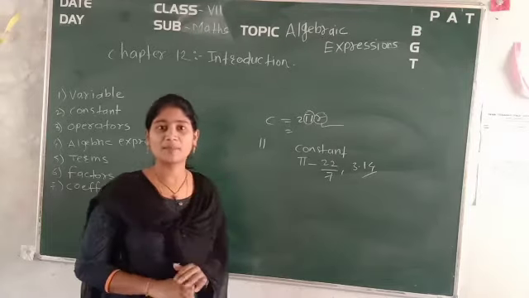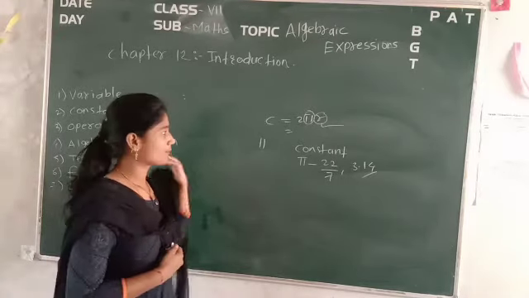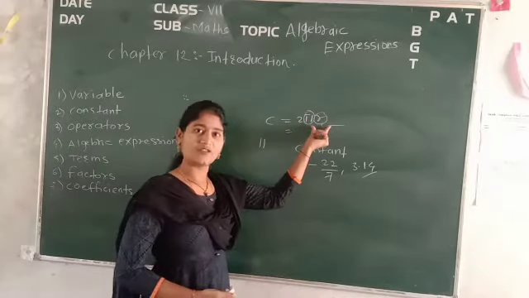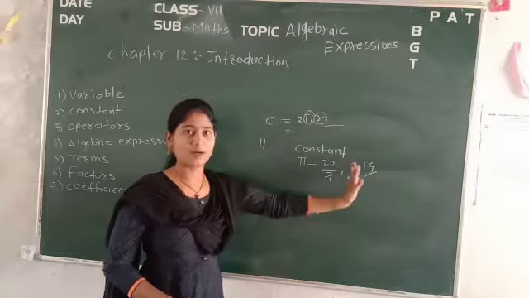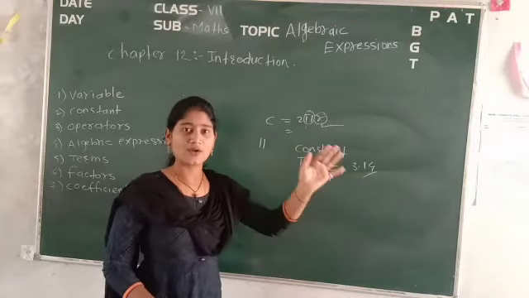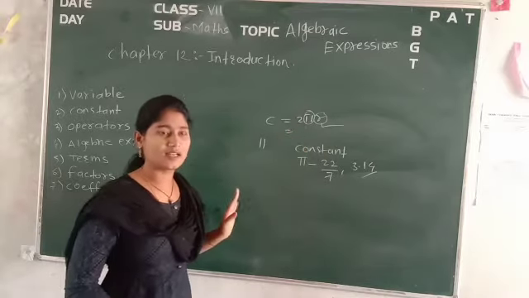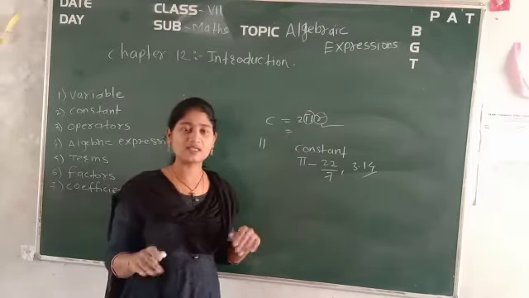We have seen all these concepts in comparing quantities, but still let us remember once. So r is a variable. Its value will change according to the equation or according to the particular circle, whether it has a radius 2, 3, 5, 6, 8, 9, 10, anything. And constant means its value will never change. It will remain as it is.